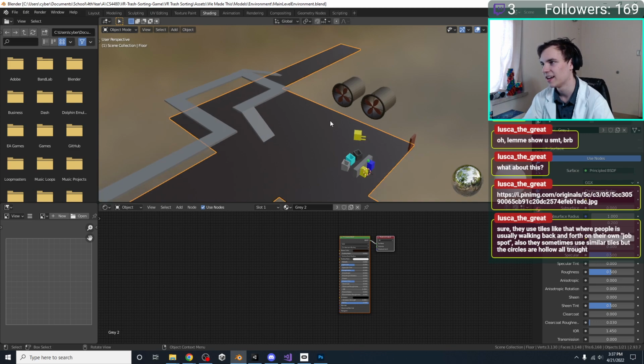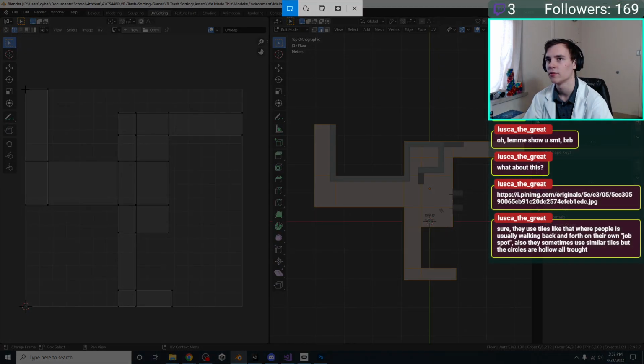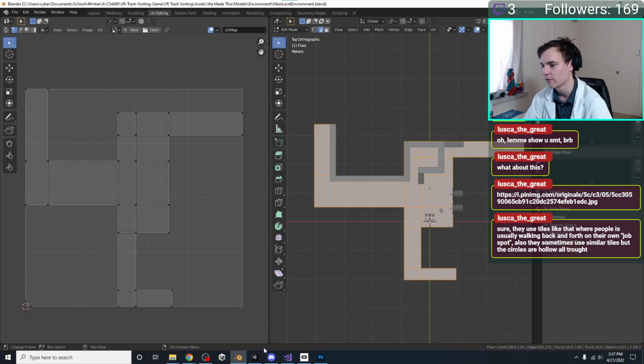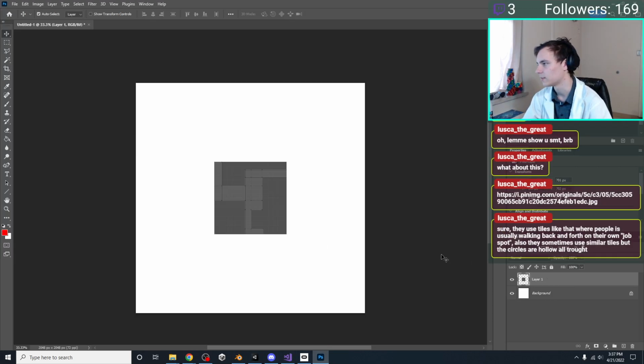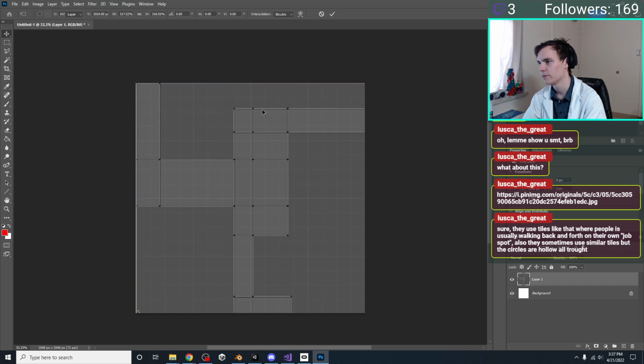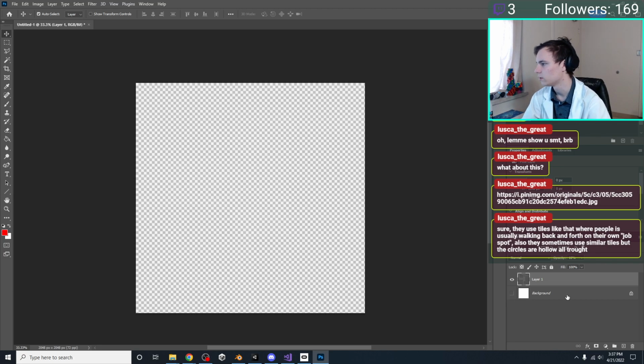To start with this, I want to go into UV editing. There's probably a way better way to do this, but I don't know it. I've done this before in old Blender before they changed everything with it, but I'm just gonna do this as a temporary thing, just so I can know where the different parts of the floor are. But I'm pretty sure there's a way to do this more manually. Anyways, so let's bring in now that